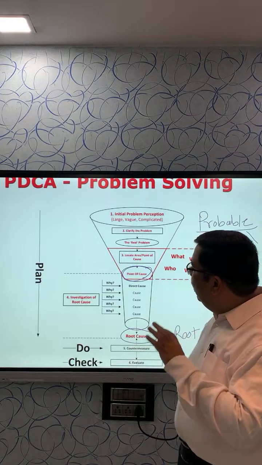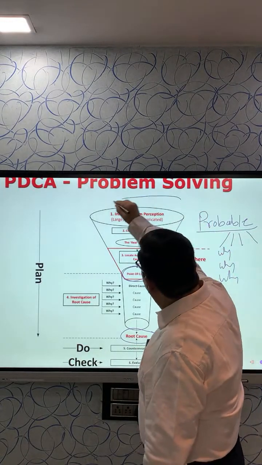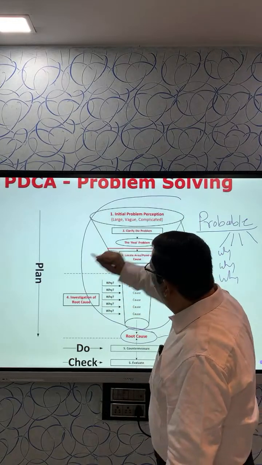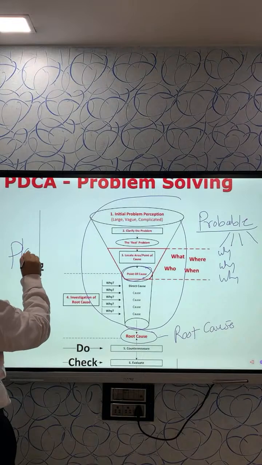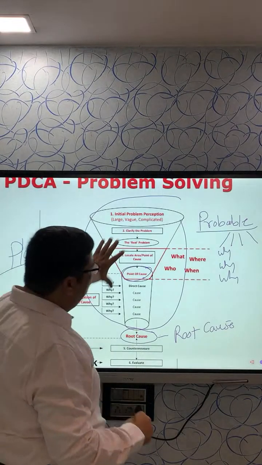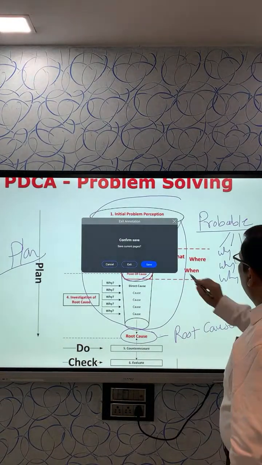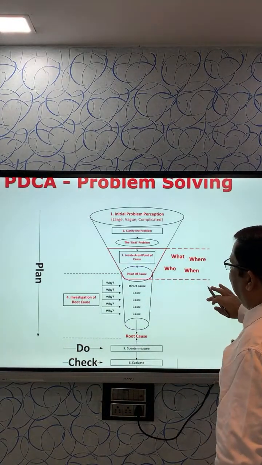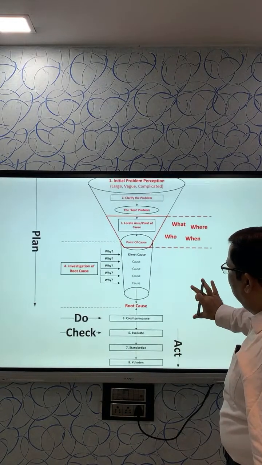Now, when you understand this, here you are doing the planning. So it is called the plan. This whole area of your investigation process is called the plan. And once you plan it and you identify the root cause,